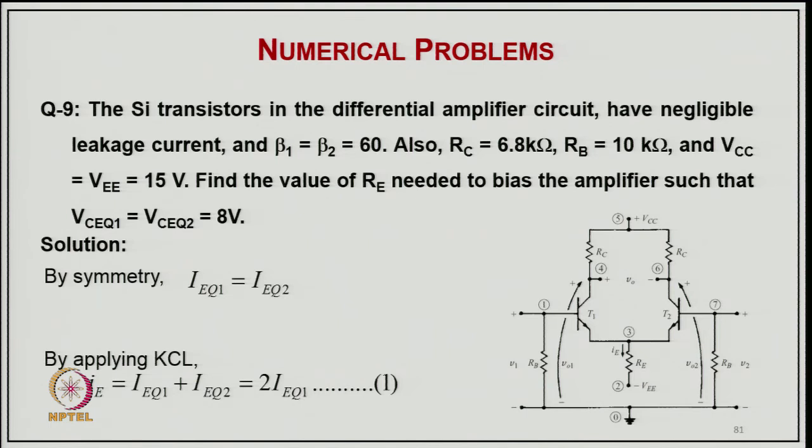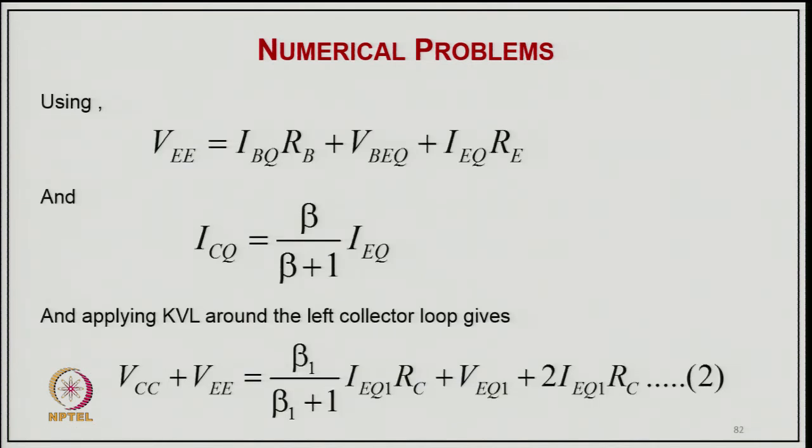So, by symmetry we can say IEQ1 equal to IEQ2, and by applying the KCL we can say I equal to IEQ1 plus IEQ2 equal to 2 IEQ1, because both are identical, and using the loop voltage we can say VE equal to IBQ RB plus VBQ plus I RE, and from this equation we can find out ICQ equal to beta plus 1 by I, applying the KVL around the left loop. So, VCC plus VB equal to (beta 1 plus 1) IQ1 RC plus VQ